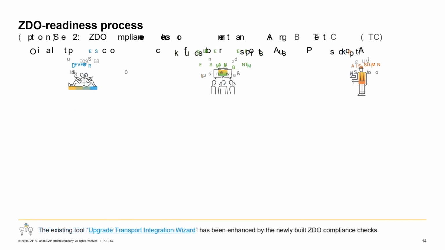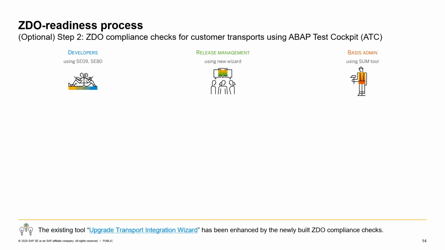So they were applicable, for instance, for the release 1809. Now, if you plan to incorporate customer transports, you also need to know which guidelines you have to follow. And basically, that has been shipped last year with the ABAP Test Cockpit. In the ATC framework, we have this rule set established where your developer, for instance, can run those checks via SE80 or along with the transport release process.